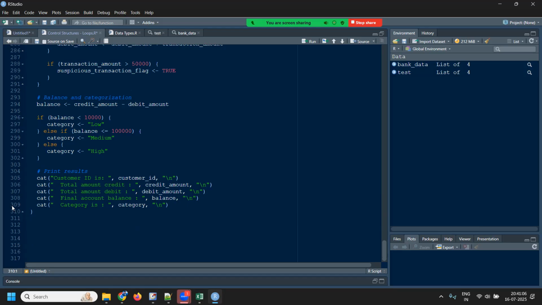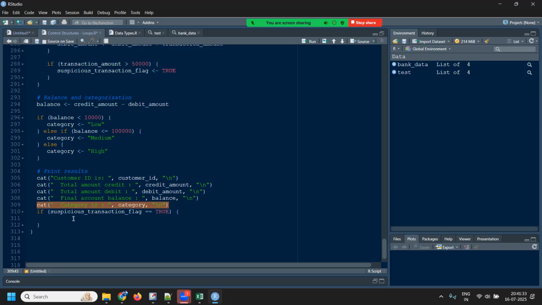If the suspicious transaction is not there, you don't need to put it. So within the results also, I can use an if condition. If whatever the suspicious transaction flag is, if this value is equal to true, only then I have to go ahead and say